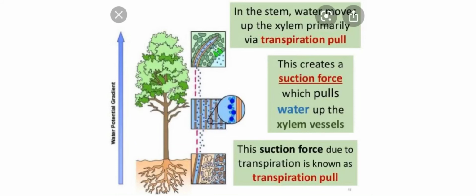First is transpiration. First of all, students, keep in mind what transpiration is. It is a loss of water from the surface of the leaves in the form of water vapor. During the process of transpiration, when water molecules start leaving the surface of the leaves in the form of water vapor, they create a pull in the system that pulls the water upward, and this pull is known as transpirational pull. How is this pull created? When water starts escaping, a gap is created and water molecules from below come upward.